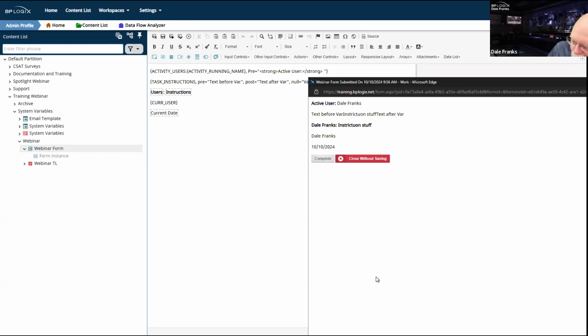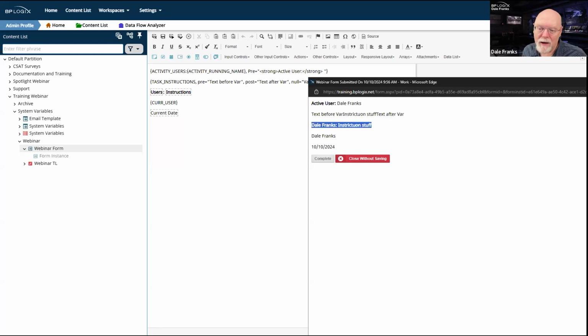There we go. And so now I've set my heading to bold so that I can kind of format out how I want my heading to work. In general, I should have both of these things at the top of any form. I really should have the active user or users and their instructions, just as a best practice.